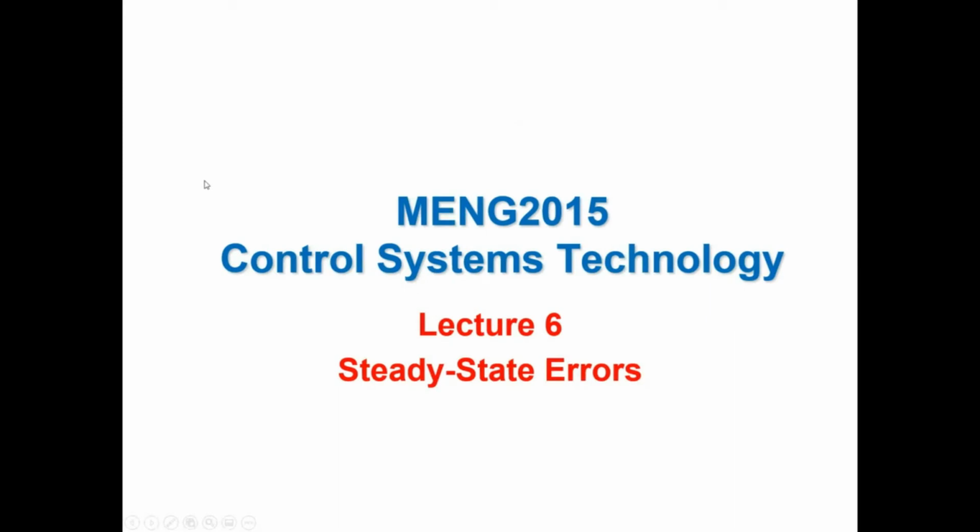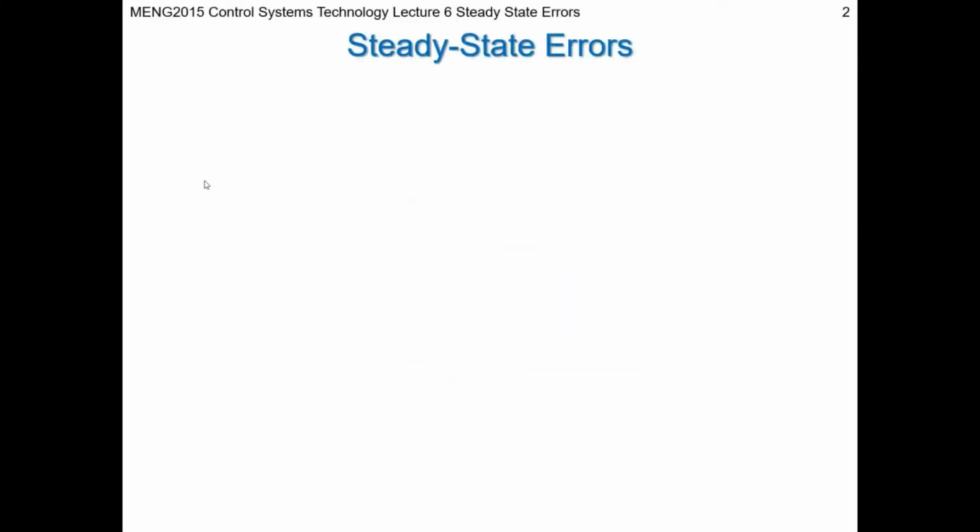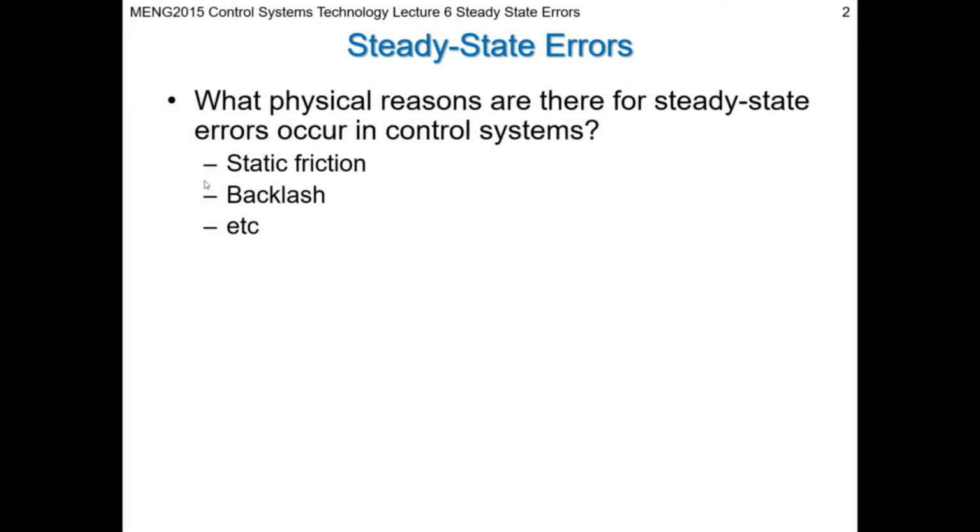Steady state errors. So we looked at the transient in the last, we started looking at time response. Half of the time response is the transient, the other half is the steady state error, or the steady state behavior. So we looked at transient response and we looked at whether it's stable or unstable. But now let's look at this issue of steady state. So we're assuming now that the transient elements of our time function for steady state,